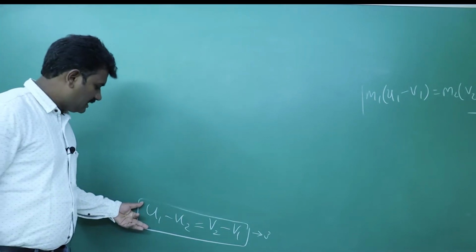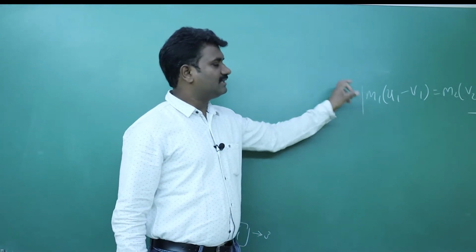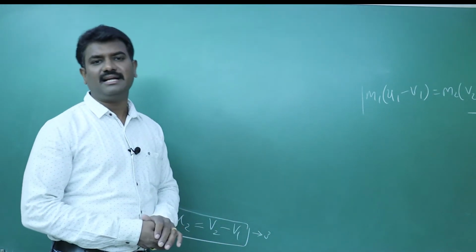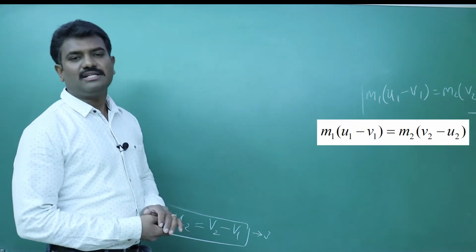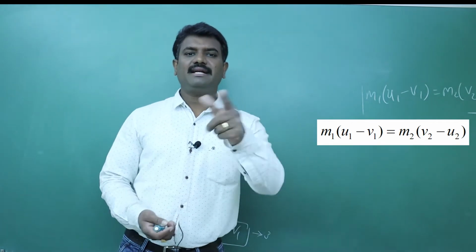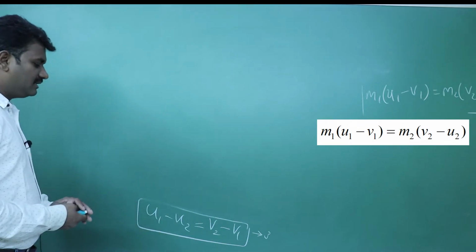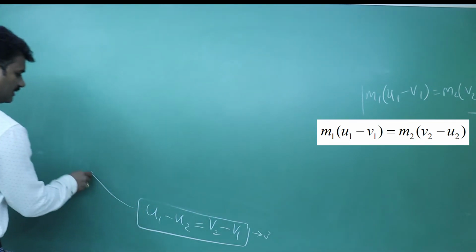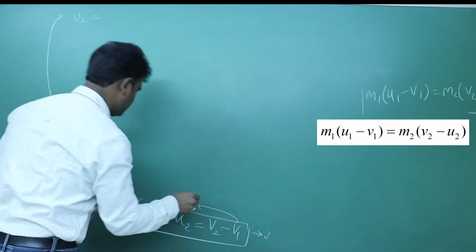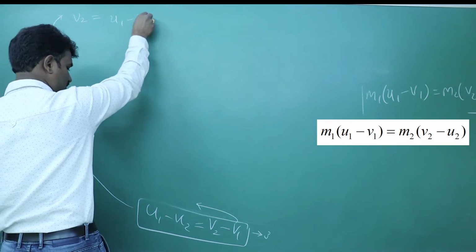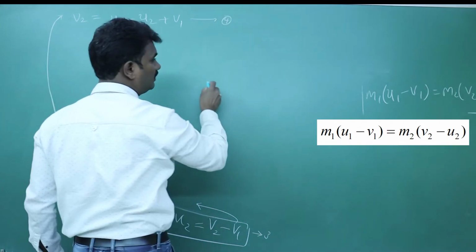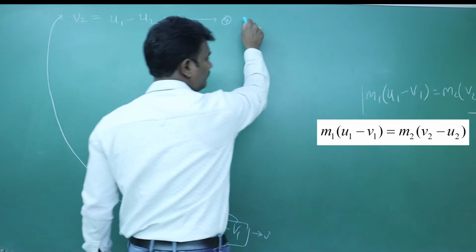Let us name this as the third equation. We already have the first equation with us. By using these two equations, we can find the v1 value and v2 value. So as to find v1, we have to eliminate v2, and so as to find v2, we have to eliminate v1. So how to eliminate v2? From the third equation, we can write that v2 is equal to, sending it towards left, u1 minus u2 plus v1. Say this is 4. Put this fourth value, meaning the v2 value, here